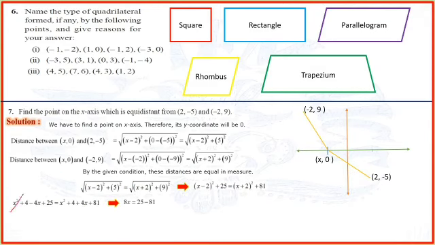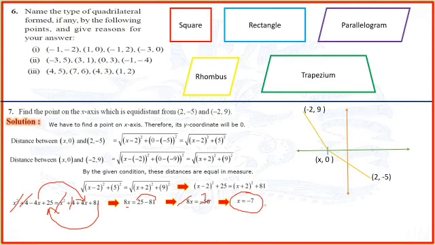Now x² and x² cancel, this 4 plus 4 is also cancelled, and I have taken this −4x to the right hand side. So −4 plus 4 is 8x, and this 81 we have taken to the left hand side. So 25 minus 81, which is equal to 8x, equals −56. 56 divided by 8 is 7. So x is equal to −7. So x is −7, y is already 0, so (−7, 0).